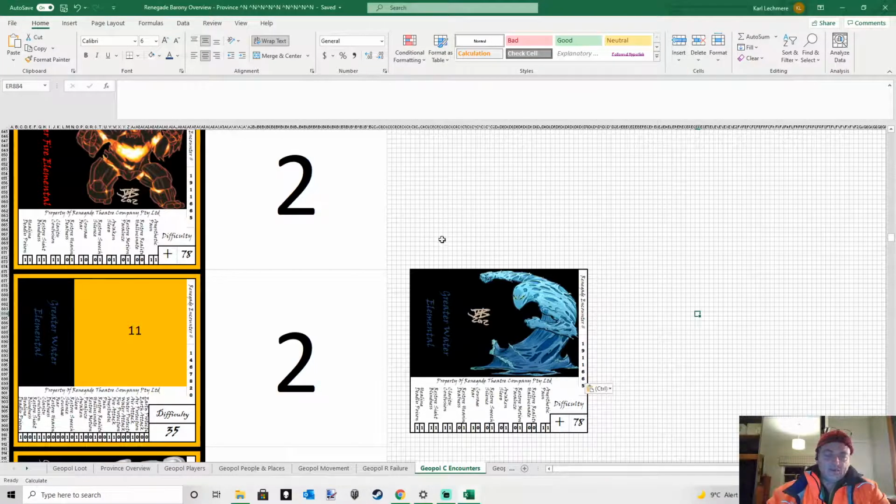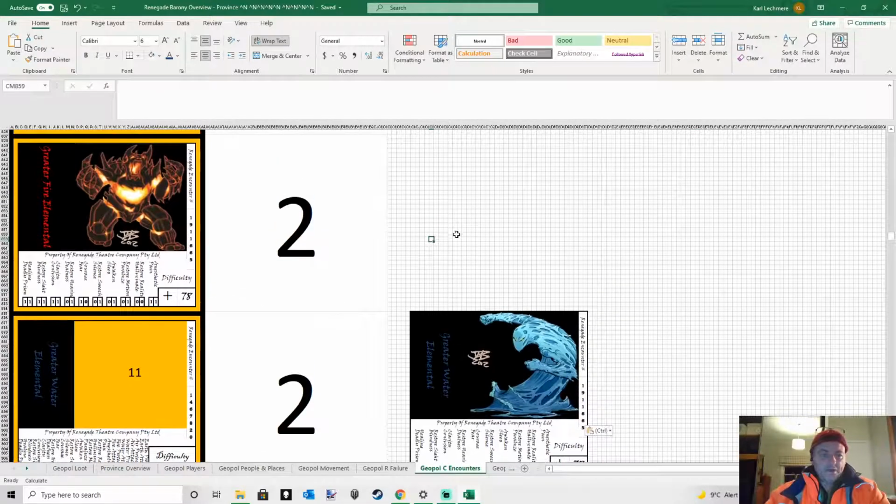So the first thing is the probability of an elemental creature having a particular magical ability based on the rank of the elemental creature. What I'm trying to do is make it so that not every elemental will have a 50-50 chance of having a power.